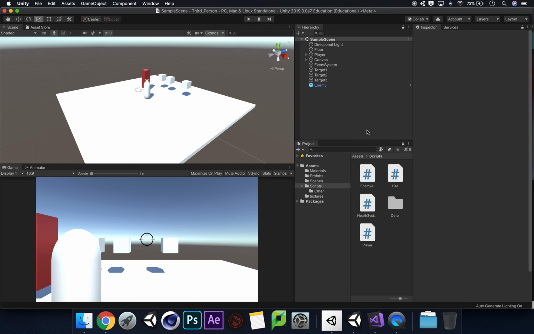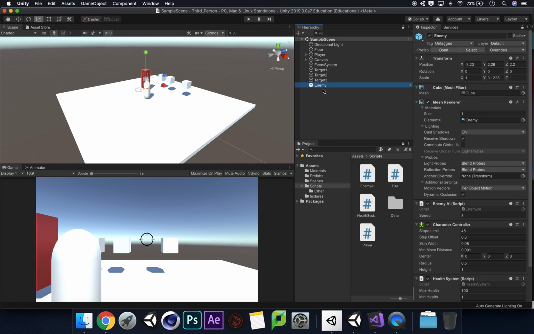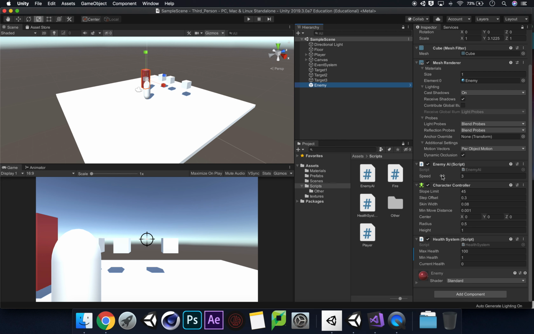Okay, so our health system is in, and that is working for destroying our enemy. So now we need to do damage to the player itself. Okay, so let's have a look at this enemy. And what have we got? We've got our script, we've got our character controller, which we're using to move. So at the moment, if we press play on our game,